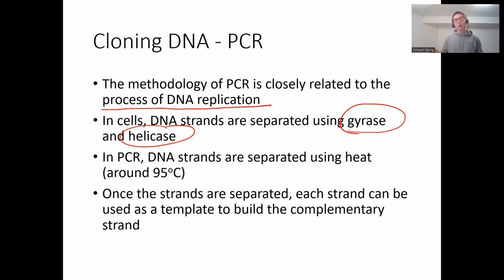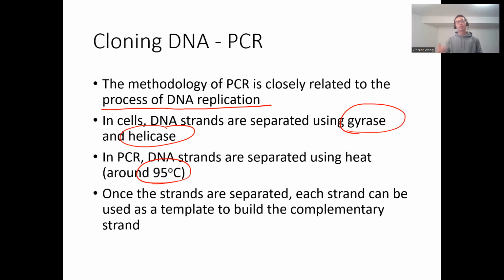What's holding the two strands of DNA together? What's holding the A's and the T's and the C's and the G's? It's the hydrogen bonds. Remember, there are 2 bonds holding A's and T's and 3 bonds holding G's and C's. So when you heat up the sample, the heat will break those hydrogen bonds and cause the strands to separate. So you need to heat it up to about